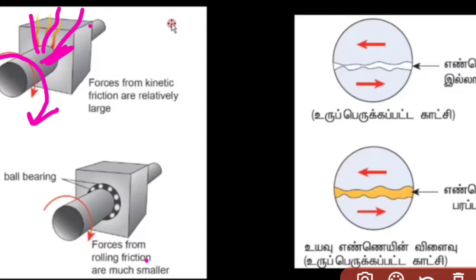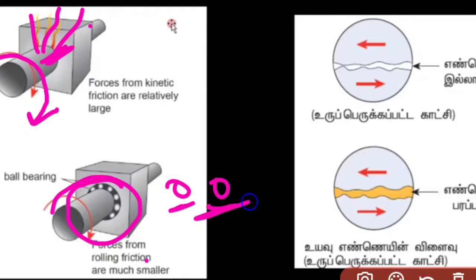So in order to make it easy, we will apply some oil and remove it. Similarly, we have applied the ball bearing here. What the ball bearing will do is, when I rotate it, it will start to roll. So we know that when this kind of rolling happens, the friction will be reduced. When the friction is reduced, we only need to apply less force.